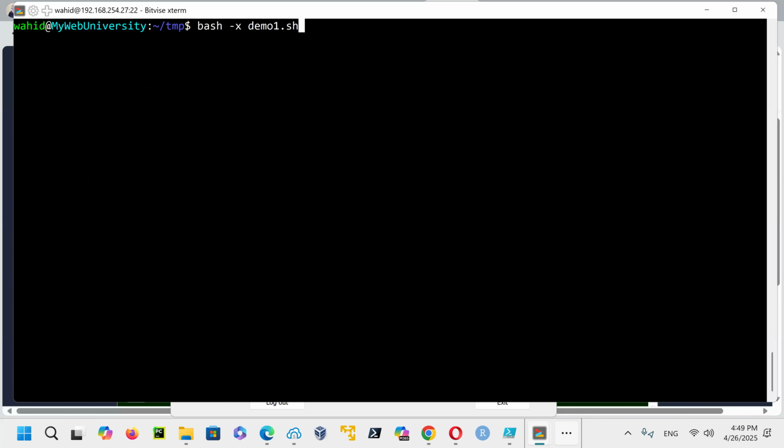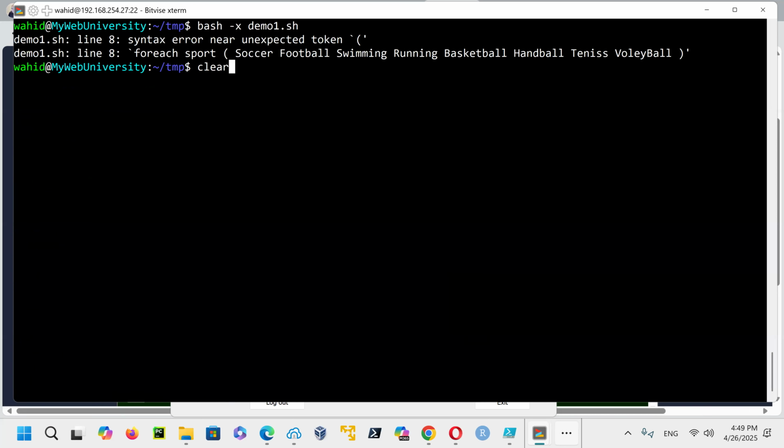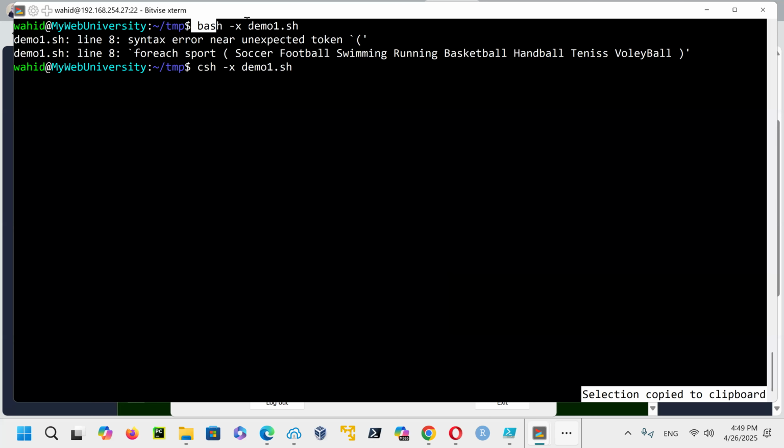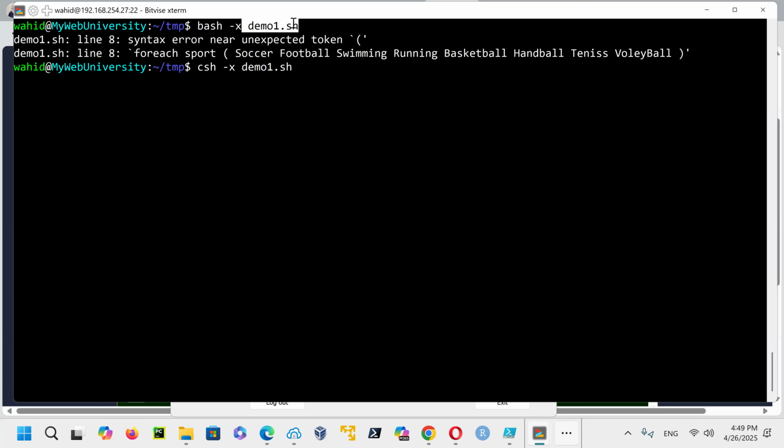Why this one failed and this one succeeded is because bash, Bourne Again shell, is requiring this script to be written in bash. And this one is saying it is written in C shell. It opens the header of that file. So head -1 demo1.sh.